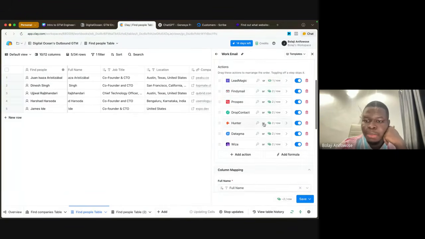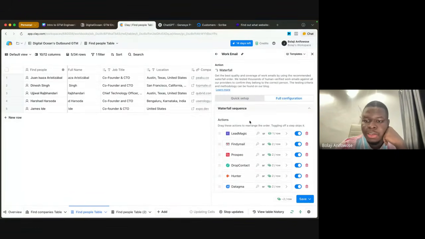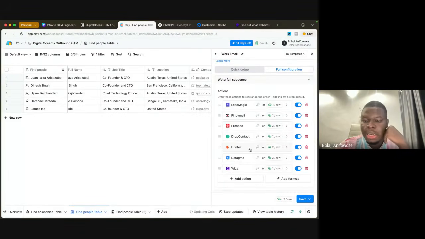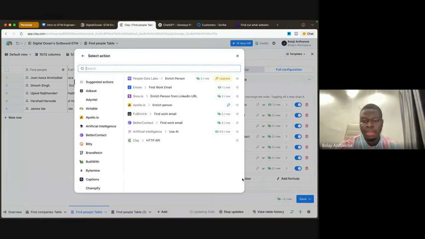So we can actually add more providers for the work email. We can see 1, 2, 3, 4, 5, 6, 7. We can add more email waterfall providers so our success is higher. So there's Enrow